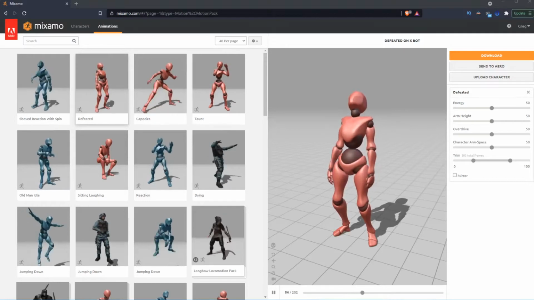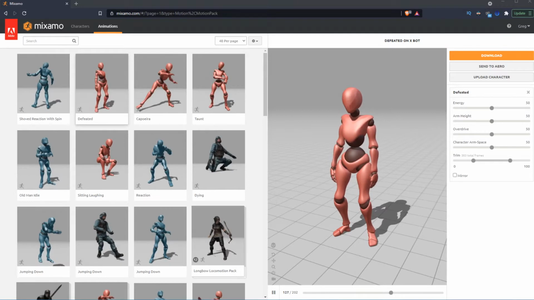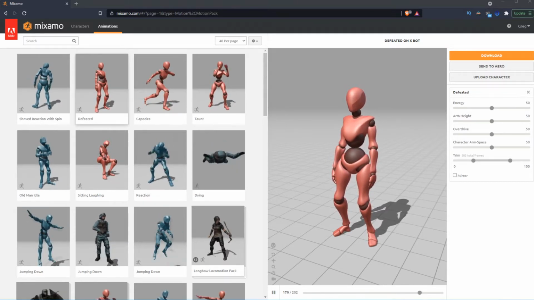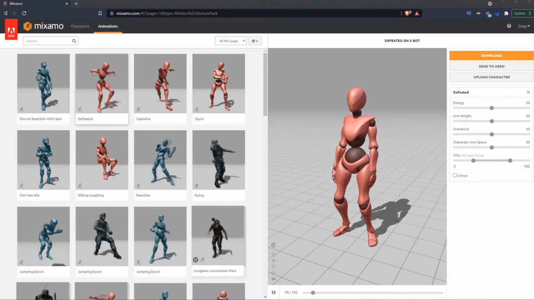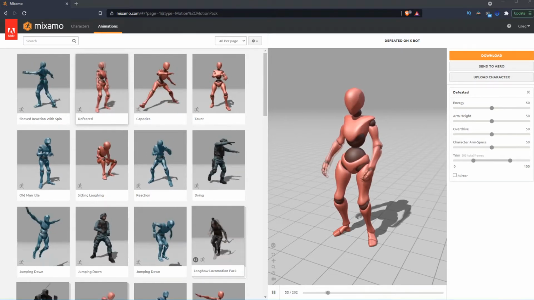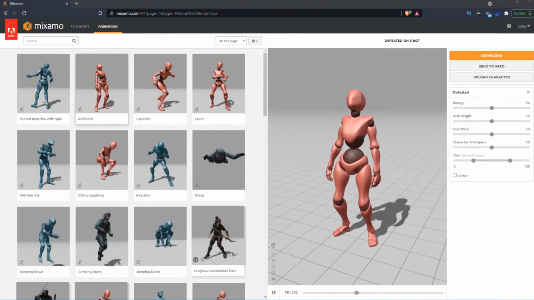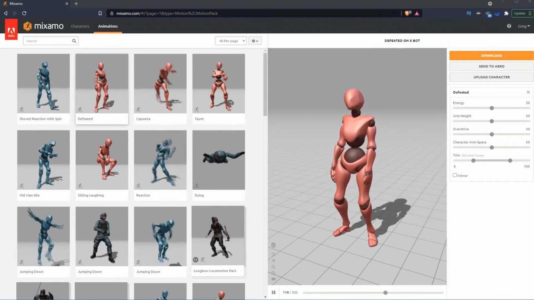I'm not a professional 3D animator, and I can't make animations, but we can use Mixamo animations for the tutorial. Of course, we will be limited by what Mixamo offers us, but it will be more than enough for us to implement the basics of the game. So open the Mixamo site, log in, and let's start downloading stuff.